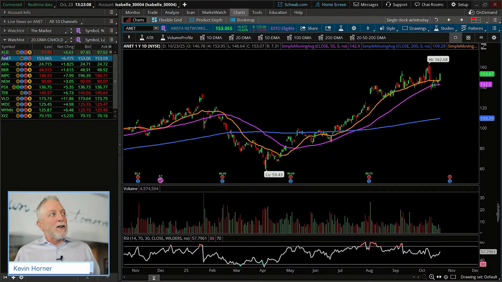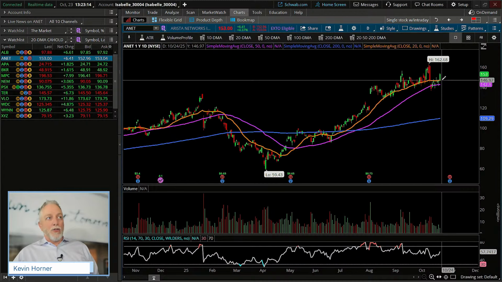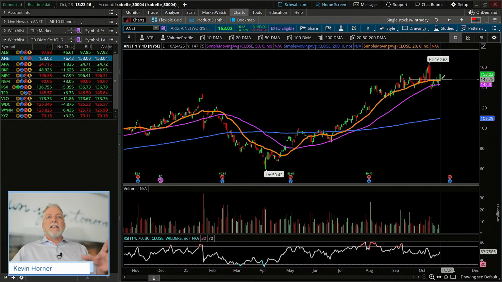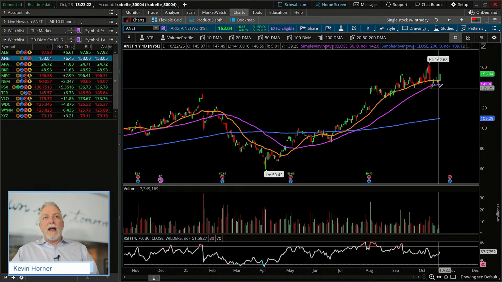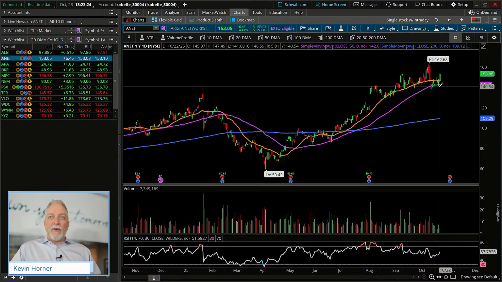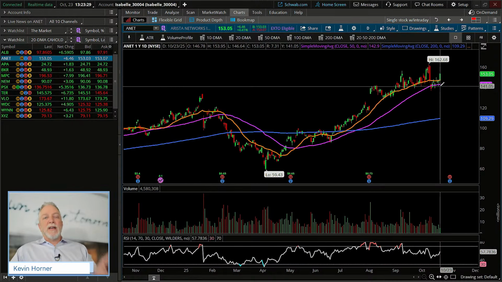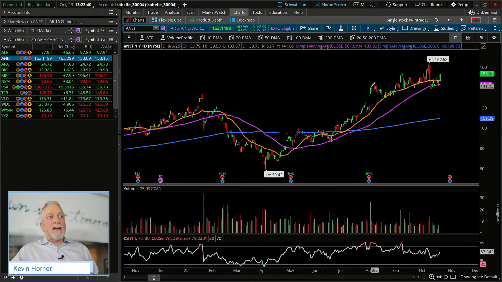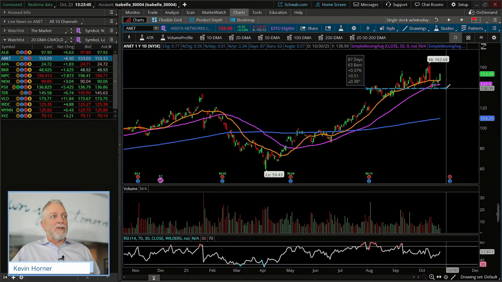Notice here, test on Arista hit the 50-day at the low yesterday, and we're already through the high of that yesterday. So is it a perfect scenario? Are we trading above the high of the low day the day it happens every time? No, of course not. But what we are seeing is the potential that we could be catching that stock making its move on its first move through the high of the low day. In many of these cases, it's going to take a few days or weeks to play out. And I think Arista is an excellent example of that, right?